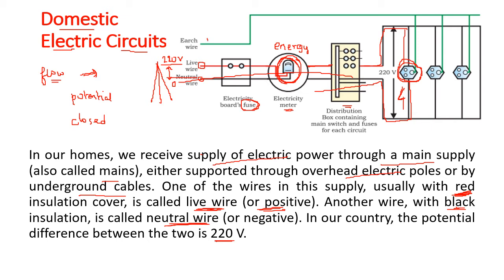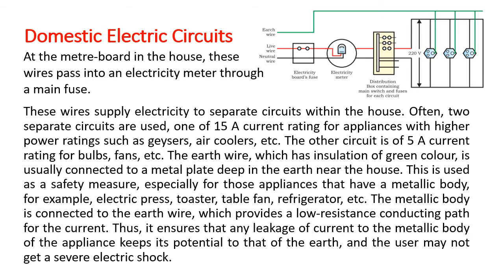Now you can see there is a third wire, the green wire, called the earth wire. And there is earthing to be done. You can see the bigger plug. If you have observed in your house, every plug has got 3 holes or sometimes 5 holes. The biggest hole on the top is the socket for the earthing. One of the other 2 holes is for the live wire and one is for the neutral wire, but the top is for the earthing. So now we'll see why the earthing is important, but before that we'll see the electric circuits.